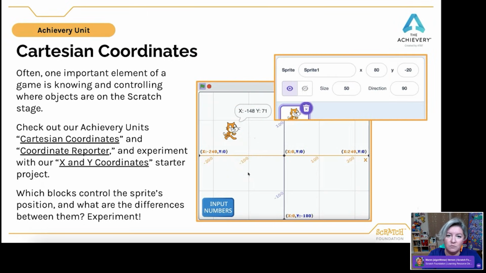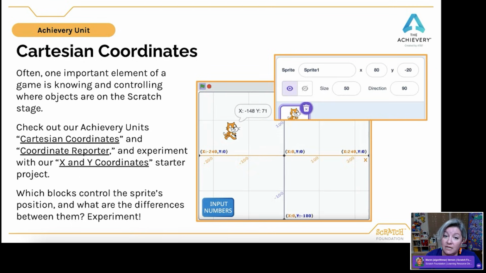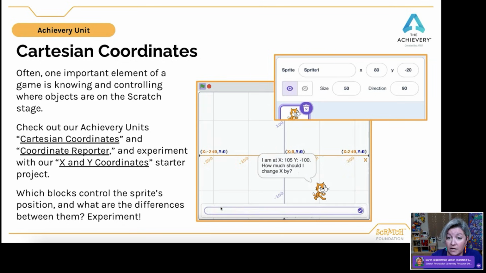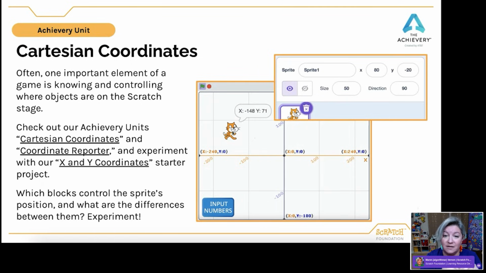To dive into games, one important element of a game I've found is knowing and controlling where objects are on the Scratch stage. I think it can be a good place to start, especially if learners are unfamiliar with Cartesian coordinates, the X and Y axis and the X and Y positions that are shown in the sprite area on the project editor.